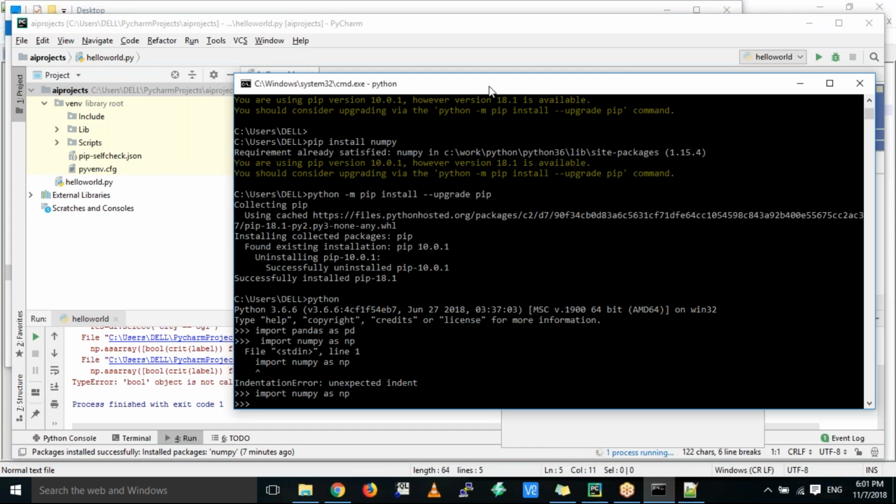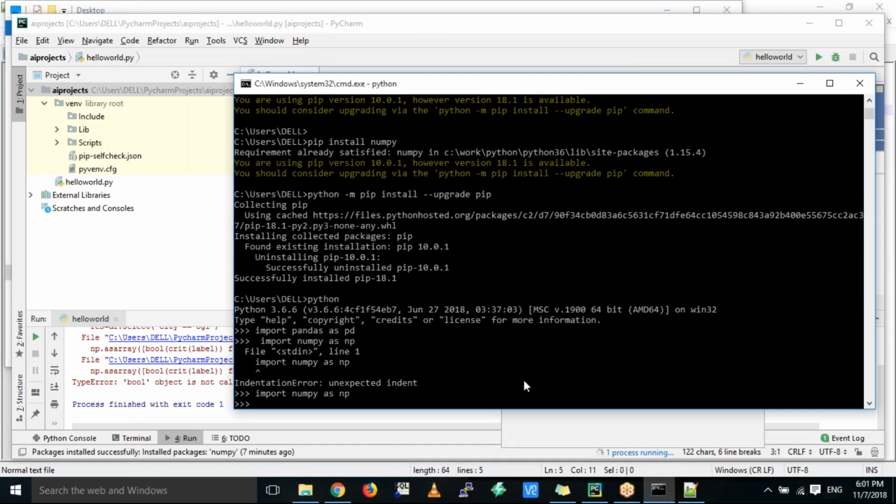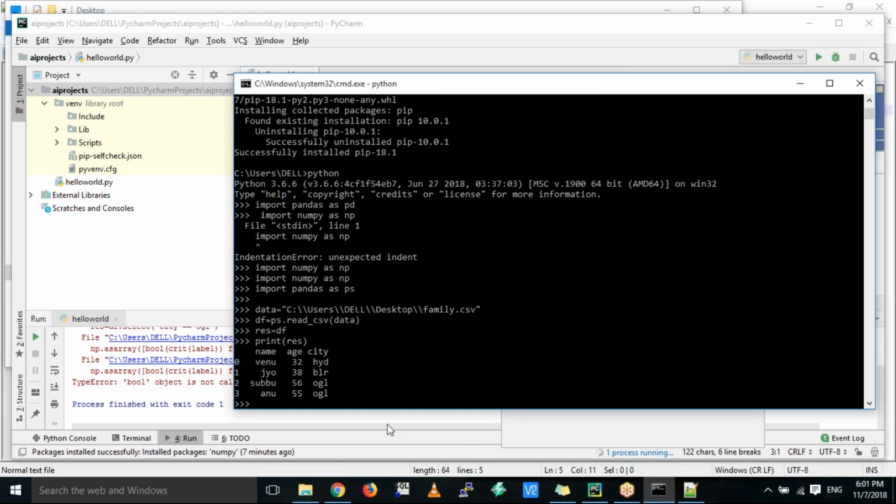You can copy and paste. Yes, that's it. If you want to process this data, after reading this data, I want to do